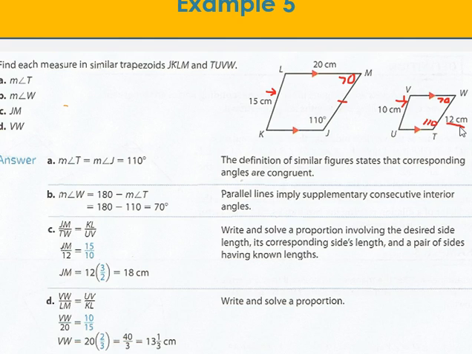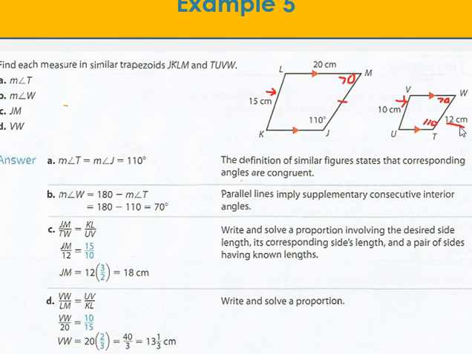UV. Now, one of the things you have to be careful of is when you're setting up proportions, if you're going from larger figure to smaller figure, for every proportion you have to set it up the same way. So this will be 15 over 10, 15 over 10, large to small. And now we can use our cross products and multiply across, and JM is 10